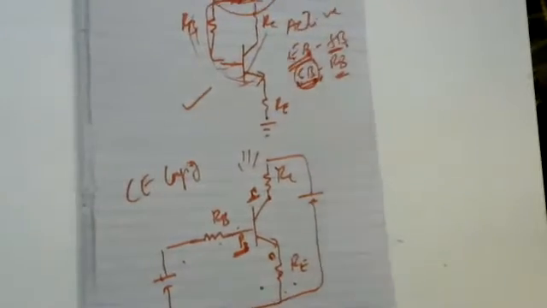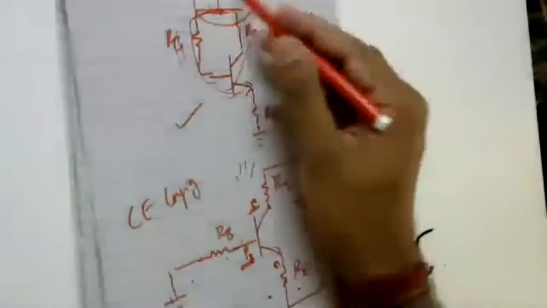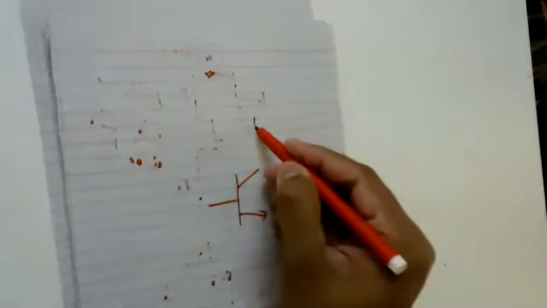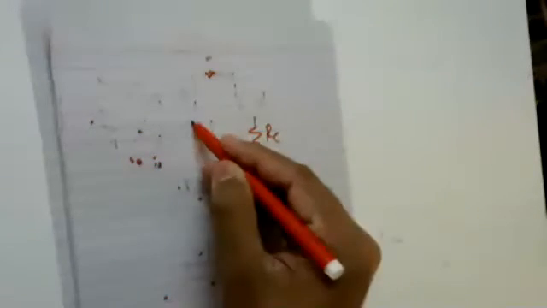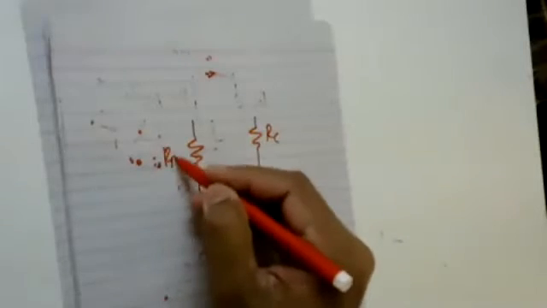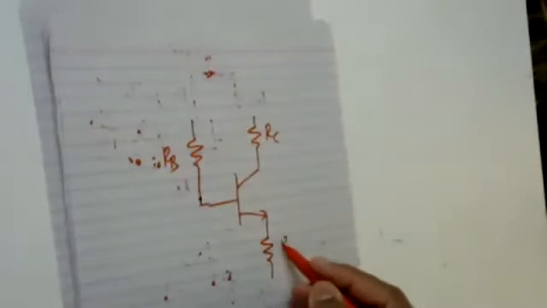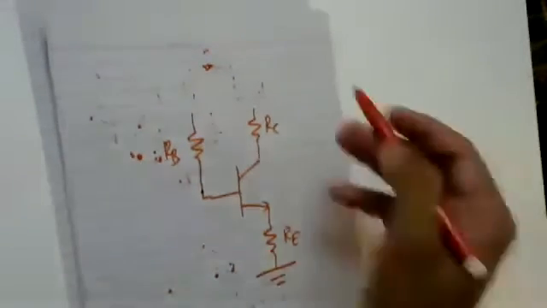Sometimes what we do is, instead of representing this VCC common to both the terminals, we'll be representing VCC somewhat like this. So I'll be showing my RC here, I'll be showing my RB here, and this is my RE. So RE will be interconnected to ground. Here I represent this as plus VCC, this as plus VCC. All are same. All the circuits are same. Just the representation style is different.